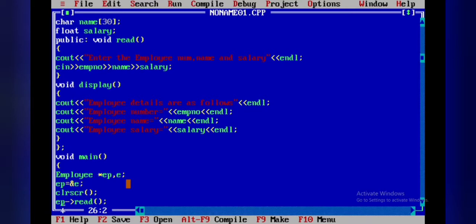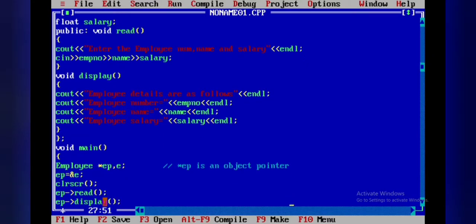So star EP is an object pointer, or pointer object, of class employee. Okay, and then here we are storing the address of E in EP.